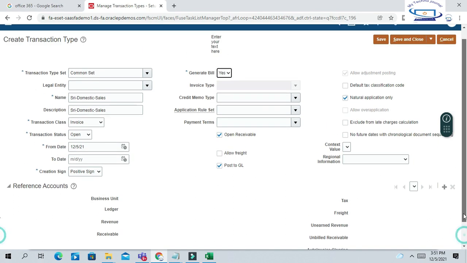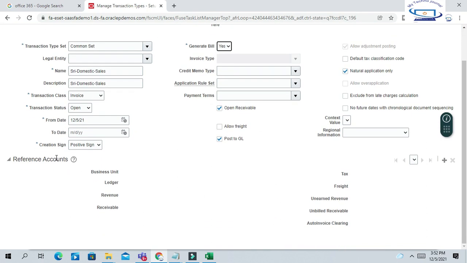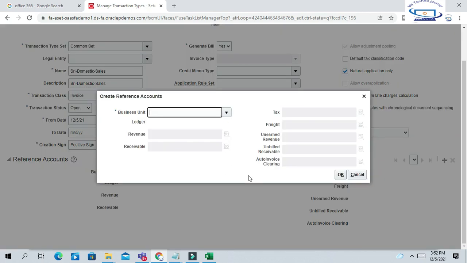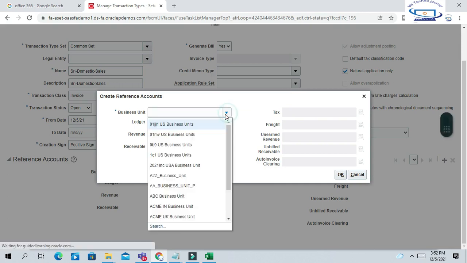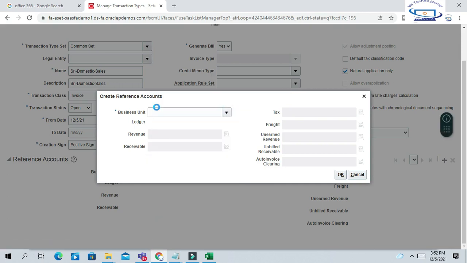Post to GL means any transaction created with this transaction type should be eligible for posting into the general ledger. Now the most important thing: how we can link the business unit and associated accounting combinations. My business unit is the US1 business unit.